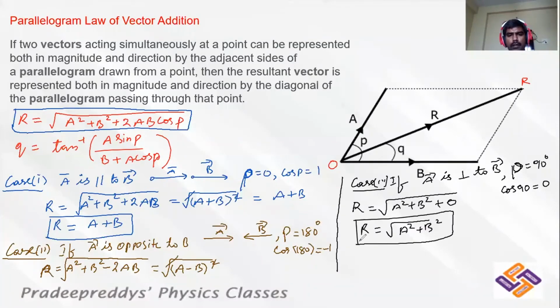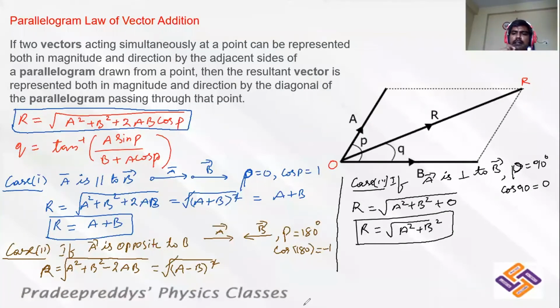This is the way you can use the parallelogram law of vectors, and you can add those two vectors irrespective of their directions. So you can take any possible directions. Two vectors can be in any direction. You can add them. So in order to add two vectors which are starting from the same point, what you need to do is simply construct a parallelogram. After constructing the parallelogram, draw one diagonal.